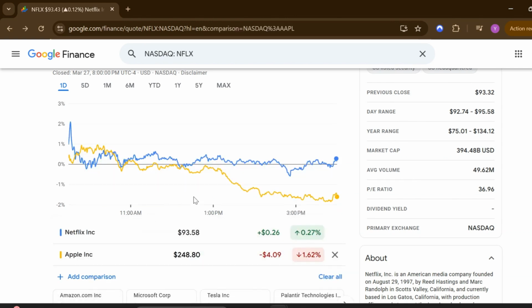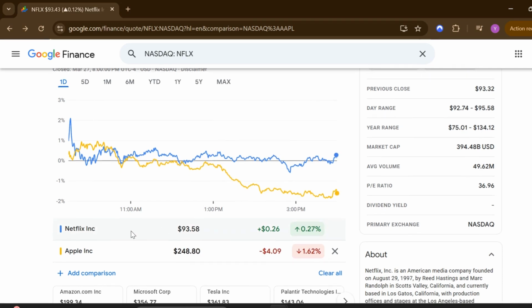Once both stocks are selected, I can actually see a clear comparison. The chart shows Netflix in blue and Apple in yellow, so it's really easy to distinguish. I like to pay attention to the gains, losses, and overall trends over different periods. You can change the timeline to 5 days, 1 month, 6 months, 1 year, or even max to see long-term